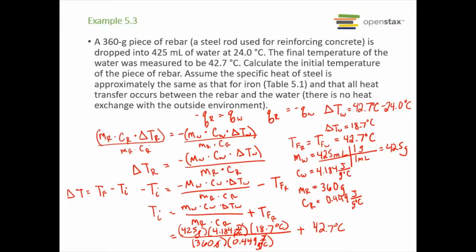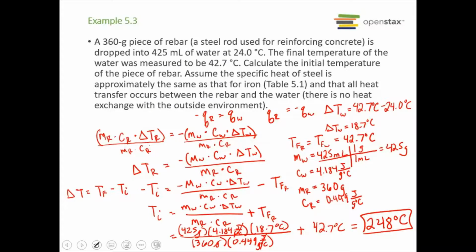Now we're going to punch all this into our calculator. And we get an initial temperature of 248 degrees Celsius. Now another way you can do this is how your book does it, and it'll go through the steps too in the next couple slides. But another way you can do this,